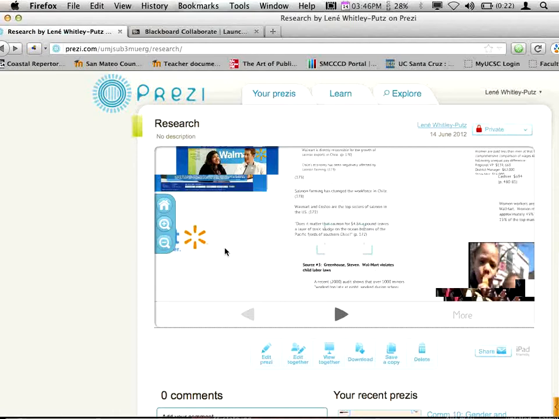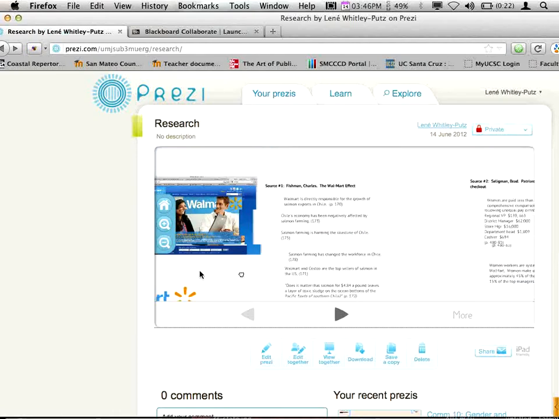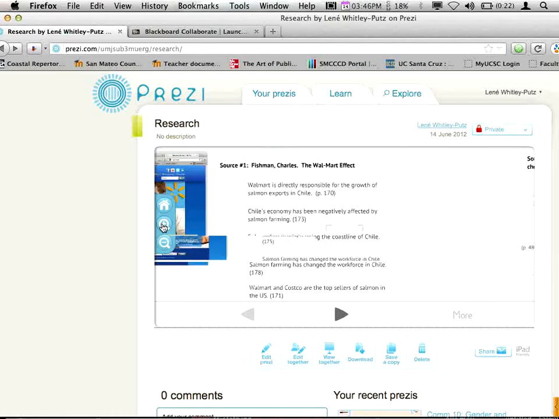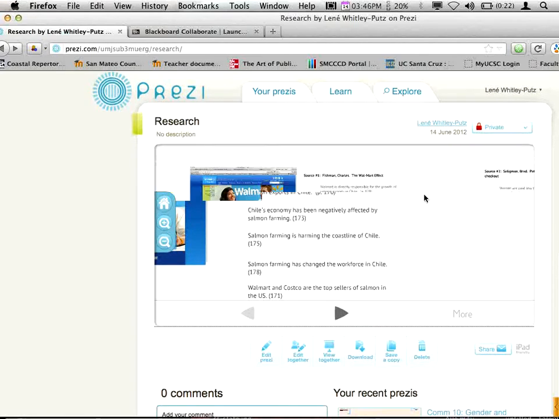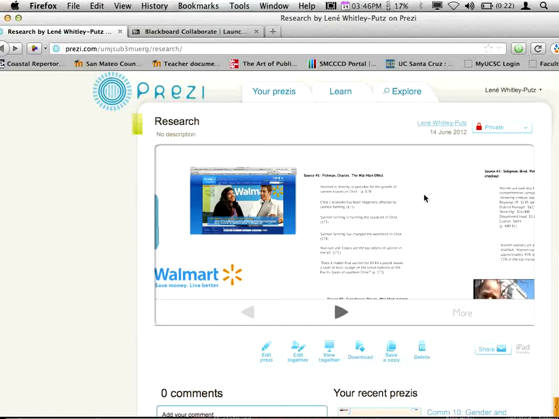So I have an example here. This is a little research project that they do on Walmart, and what I asked them to do is note the article that it's coming from, what is the author's name, and then what are important facts, data, pieces of evidence, or even short summaries that you have captured from this article.